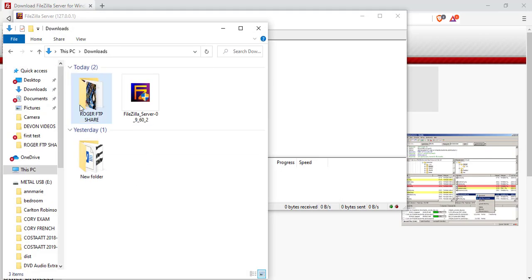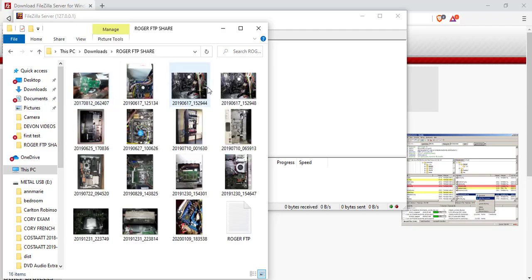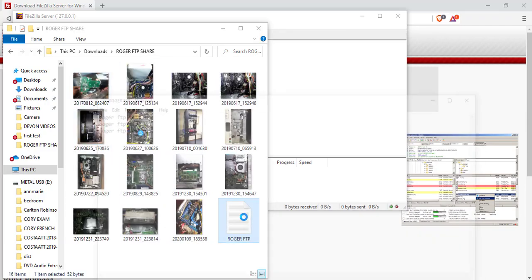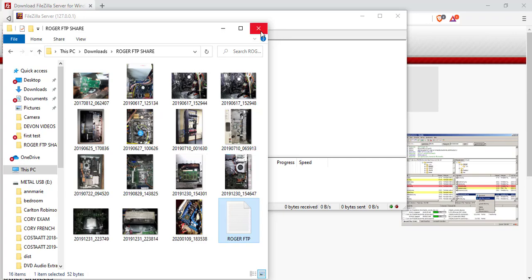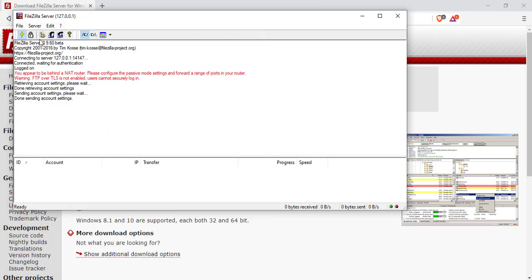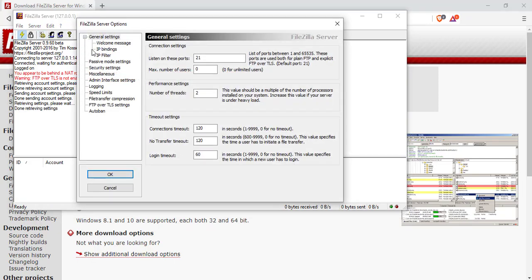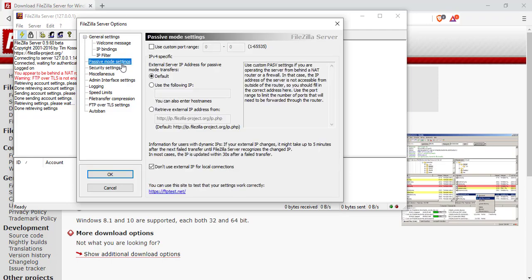As you can see, this is the folder shared. We have some photos, and we have a file saying Roger FTP test 1, test 2, test 3. Click close. Next, we go into the server settings. In this menu, there's only 2 settings you need to change, which is the passive mode setting, where we have to use the following IP,